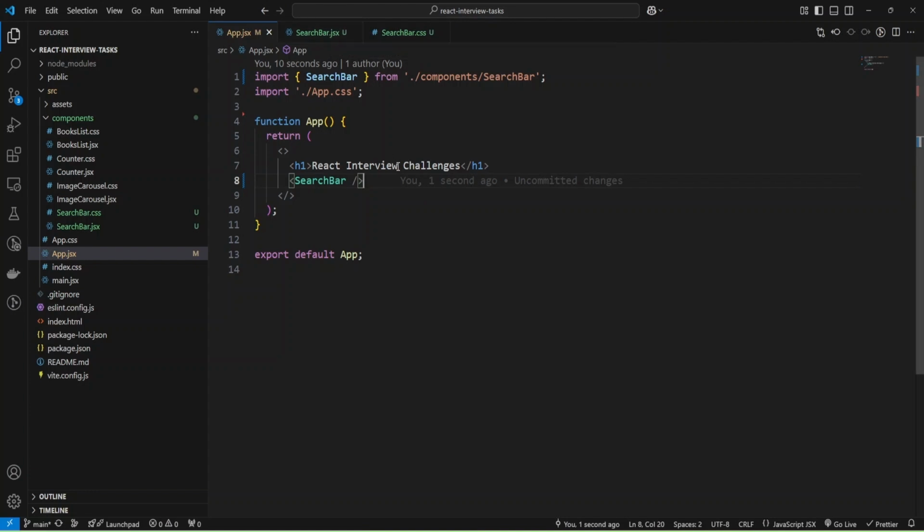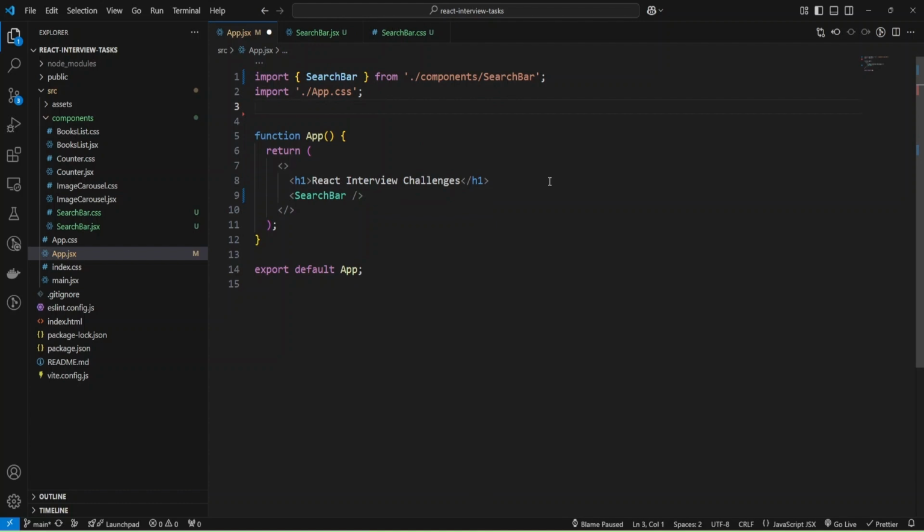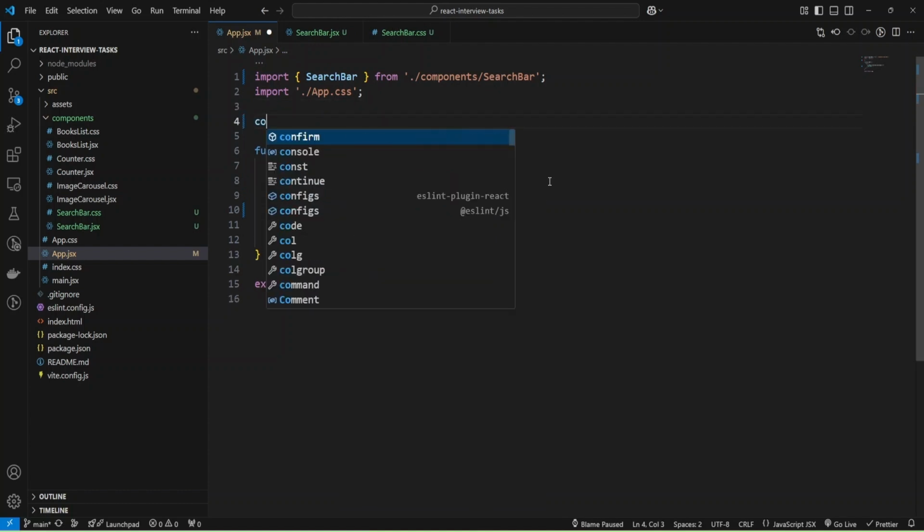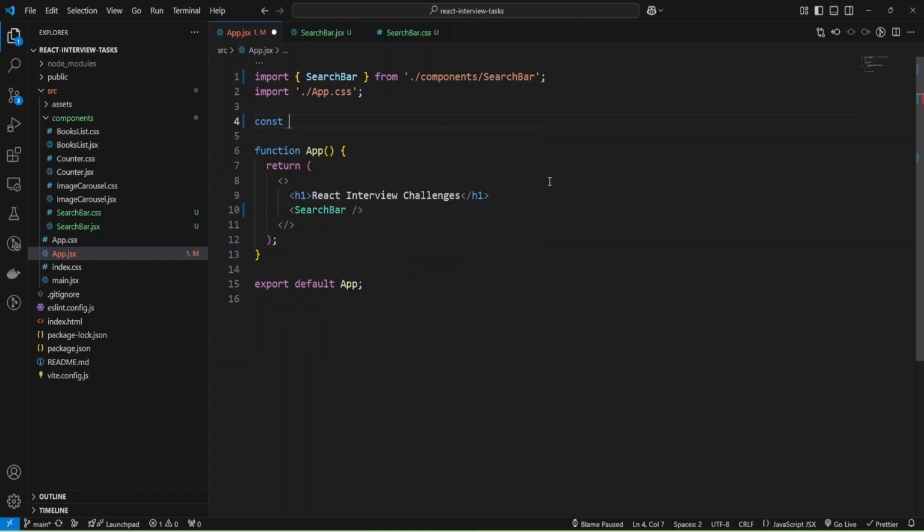And for that I need to provide some list of items, and for that I'll just create array. It will be array of strings, and we'll provide some values like HTML, CSS, and also JavaScript.